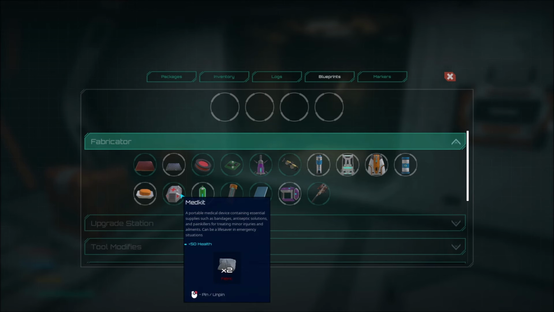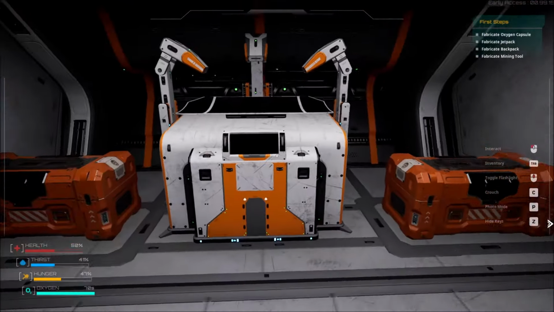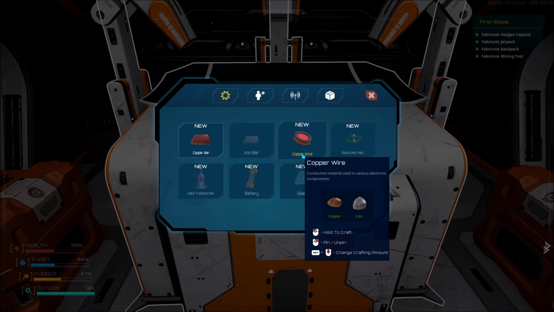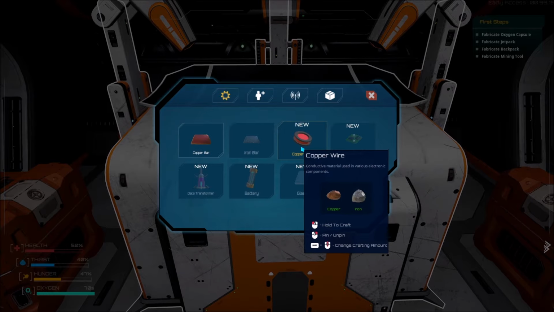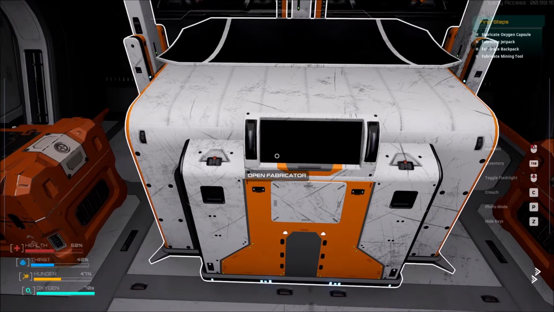Alright, we can craft a burger. We can craft a med kit. We don't have copper wire, but we do have copper now. If we open the fabricator and we go here, we can make copper bars, or we can make copper... Copper. Alright, I've got copper wire. Did we get it, or did it just...